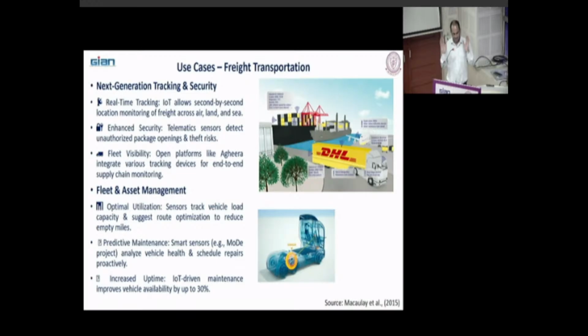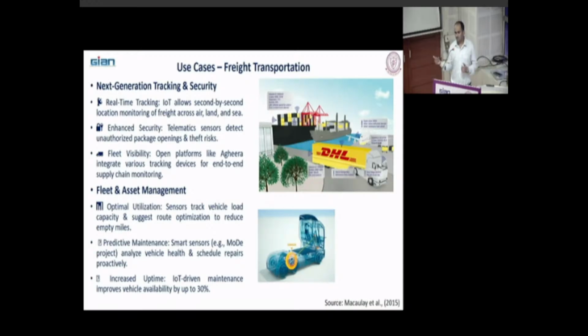Fleet visibility: open platforms like Agira integrate various tracking devices for end-to-end supply chain monitoring. So starting from your tier 2, tier 3 or original suppliers until your end customers, you can track the visibility of your fleets. Fleet and asset management, optimal utilization. Sensors track vehicle load capacity. Suppose your vehicle capacity is 50 ton and you are moving with only 20 ton, and your driver is saying that no, we have got the full truck load.